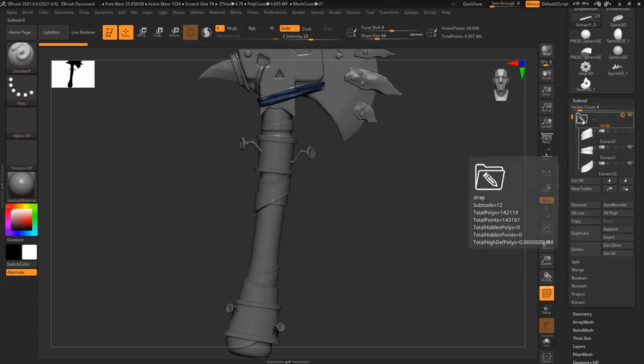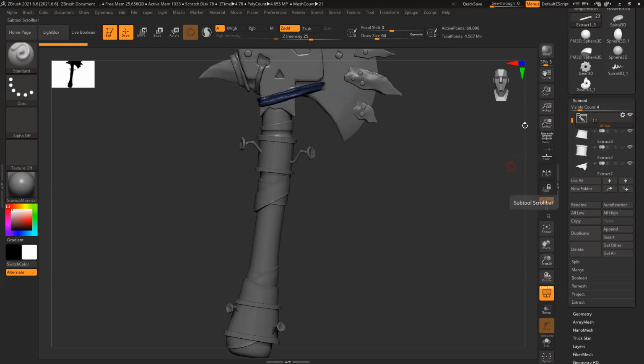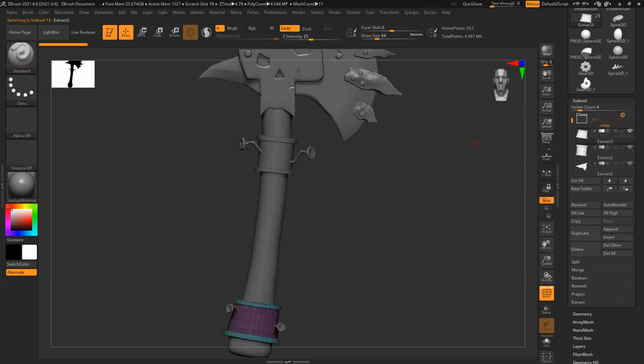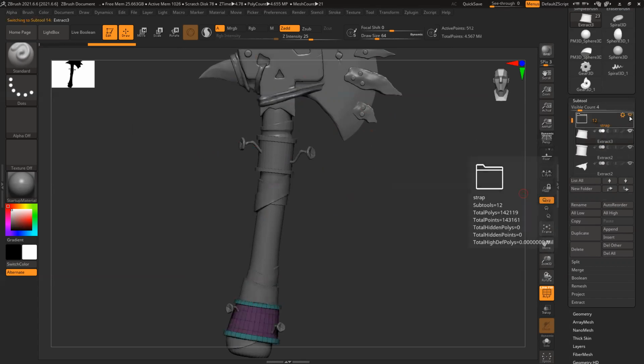So if I want, I can click the folder, close the folder, and it says 12, meaning 12 objects. Some tools are there inside this folder. And now to make it faster, I can just click this. It will hide all of them. All subtools it will hide at once. So it makes your life way easier.